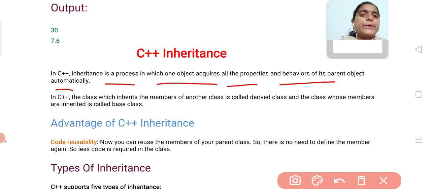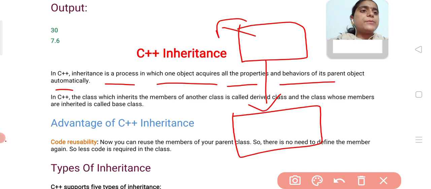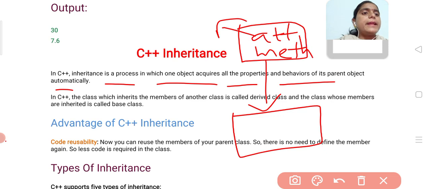For example, this is one class and this is another class. This class contains some attributes and methods. By using this inheritance property, we can create a child class and acquire all the properties and behaviors of its parent class, which means we can use the code of that parent class. This is the main concept of inheritance.